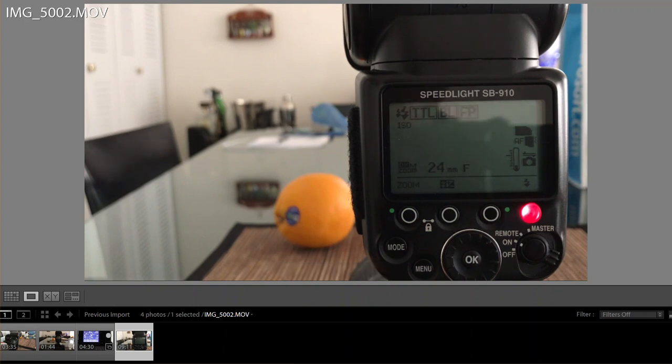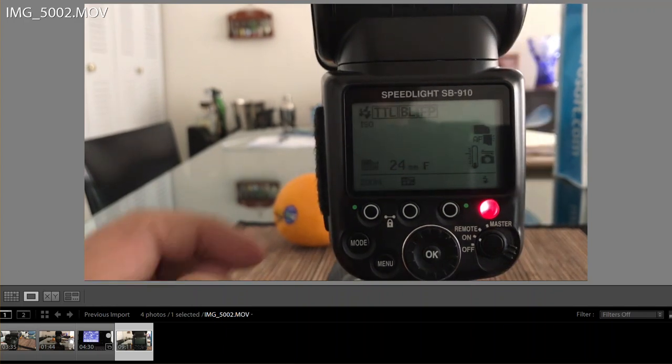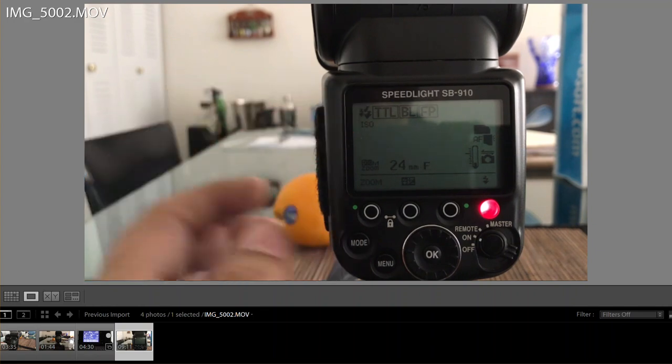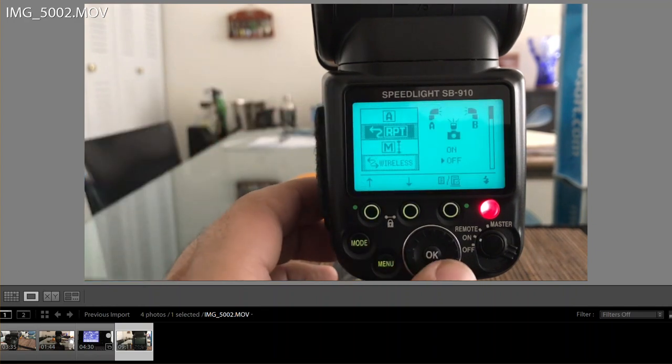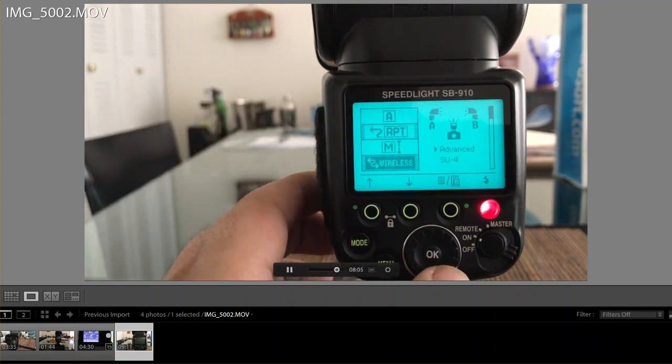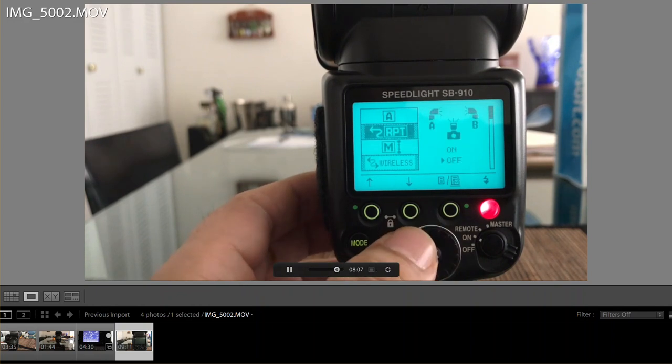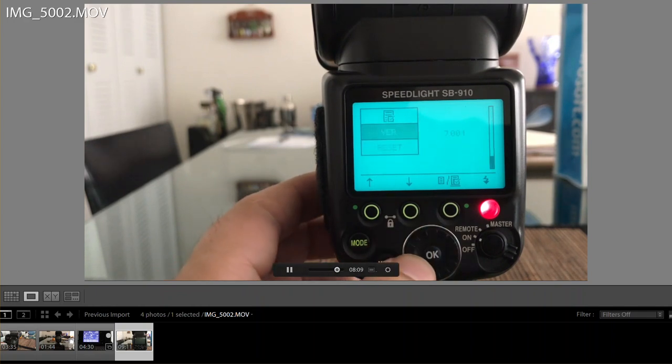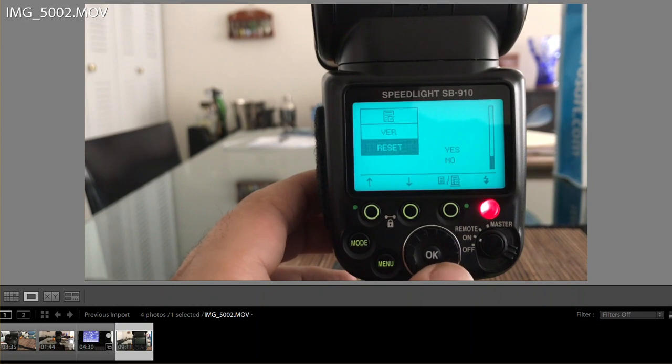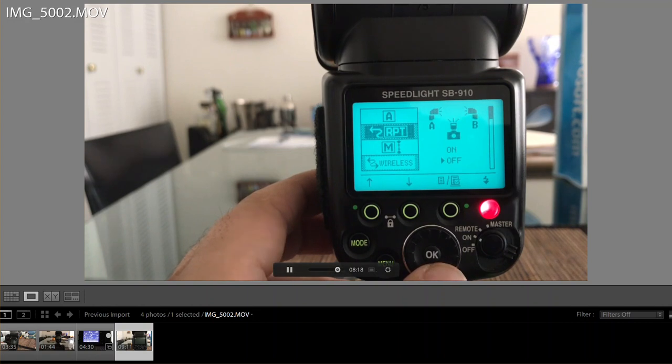Now, other things of the Speedlight that are important. So let's go around and see everything that the Speedlight has. You have the modes, so we saw that. You have a menu, so you have all these different options. Again, I don't touch any of this stuff, unless you're doing something very advanced. Like for example, this is the repeat. So one flash triggers the other. You can put it on, you can put it off. Let's say you want to change the manual in increments of 1/3,